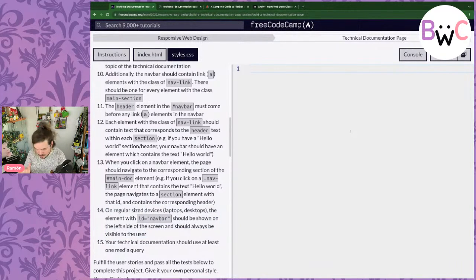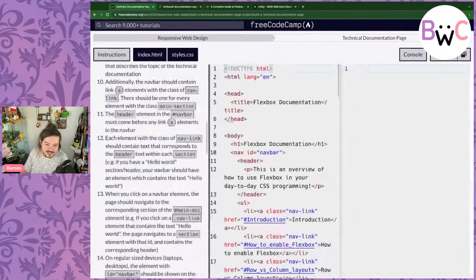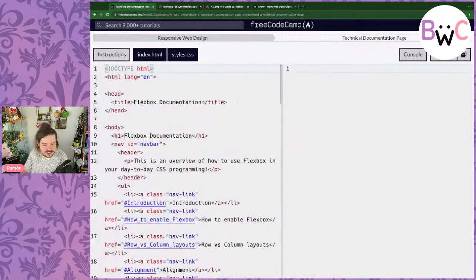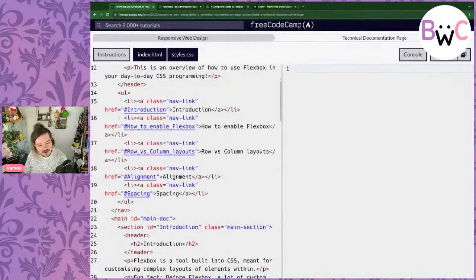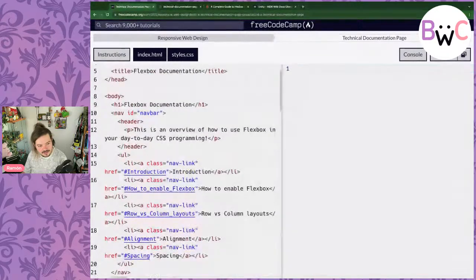Ooh, I'm excited. So we're going to want to use Flexbox, aren't we? So we're going to have, let's take a look at that HTML once again. I said goodbye too quickly. Let me hide the instructions for a minute. That's actually a little bit better. So let's see what we've got. We've got our nav on one side and our main on the other, which is great, except